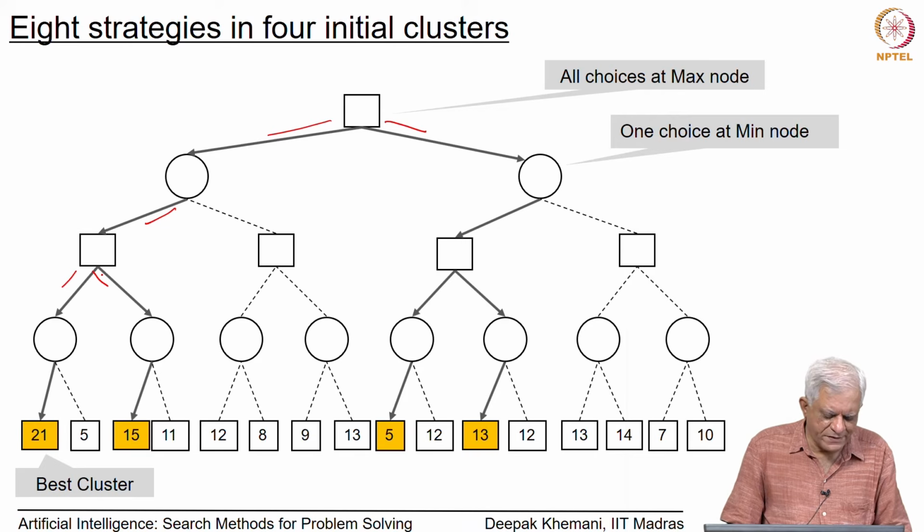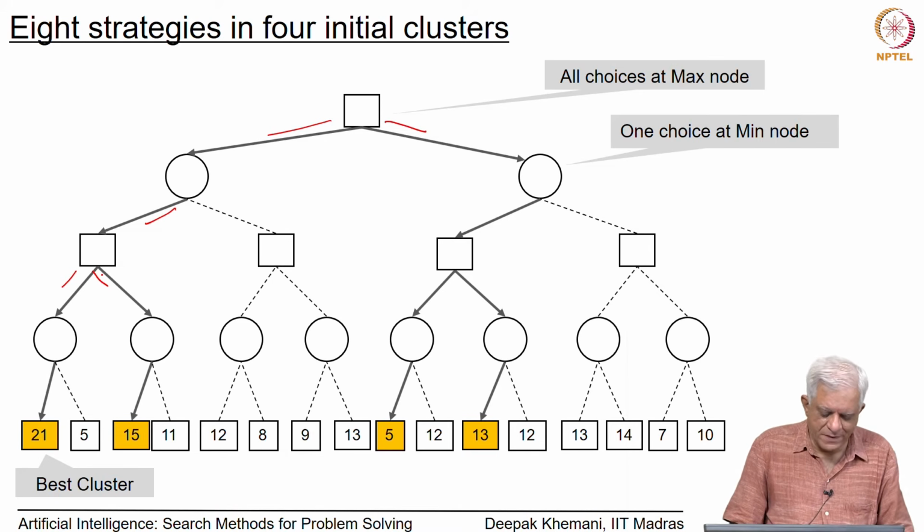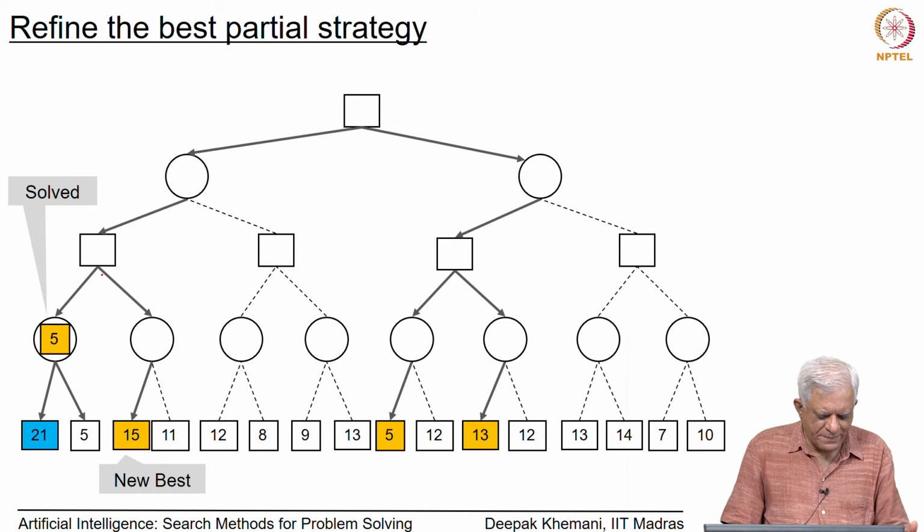the algorithm says refine the best cluster or refine the best partial solution. The best partial solution is the one with a value 21, because its minimax value can go as high as 21, but not higher. The others have lower upper bounds 15, 5 and 13. So, we refine the best cluster, which is 21, and refining means looking at a sibling of that node essentially. So, we are going to refine this node with a value 21, which is the best cluster, and what happens is